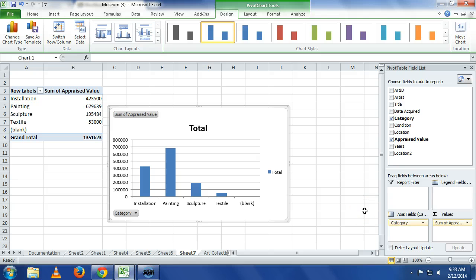And what's different about a pivot chart than a traditional chart is that it is now tied to that pivot table. If anything changes and I refresh my pivot table, this chart will automatically change. What is also